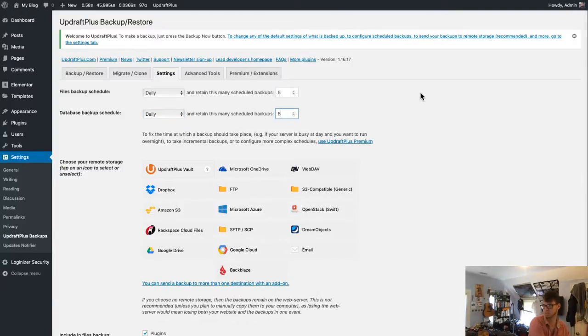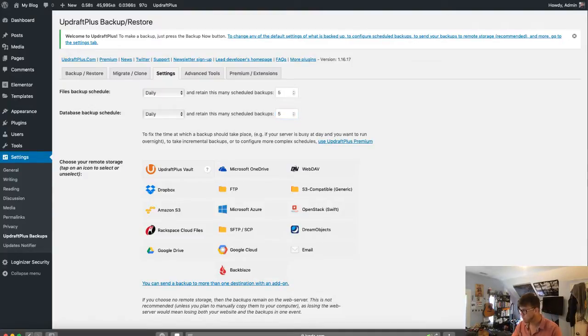This next section enables you to configure remote storage options for your backups. So if you have Dropbox, Amazon S3, or any of these other services, you can set that up here. One thing I'll note, I can see a situation where